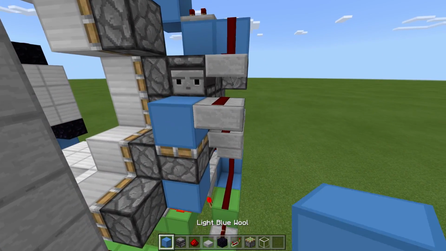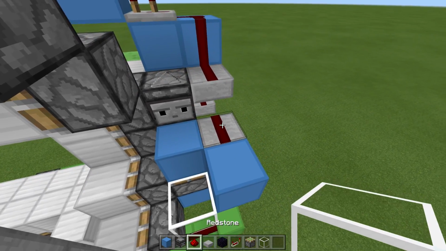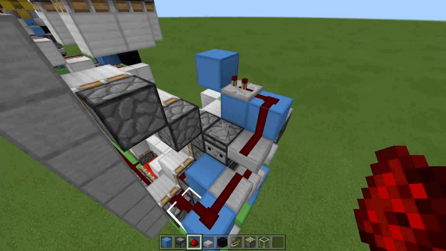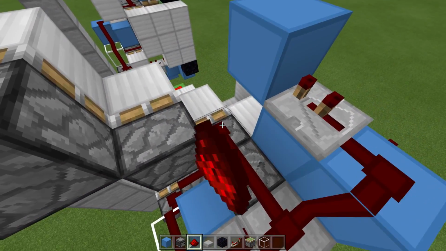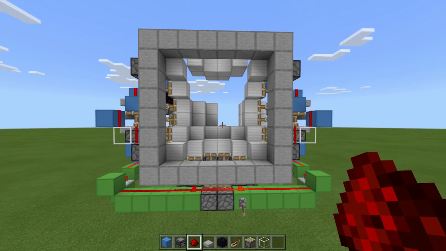The very last few things, block here, and glass, and dust, 1, 2, 3, 4. And then lastly, dust here, here, and here. So now when we flick the lever, we should have nearly...